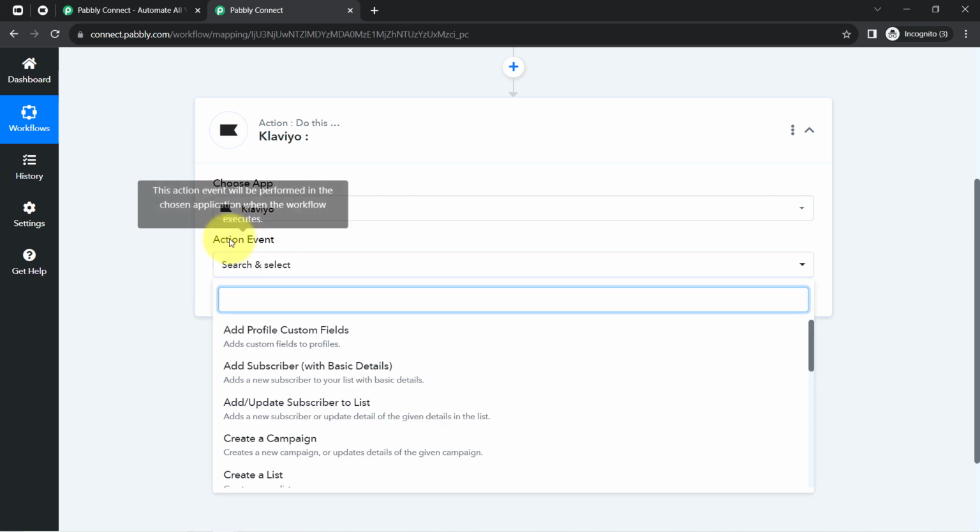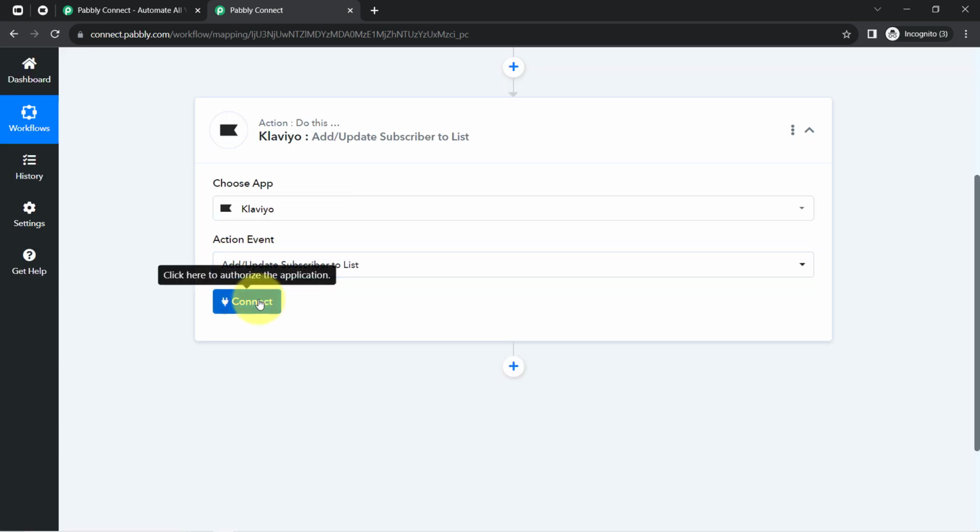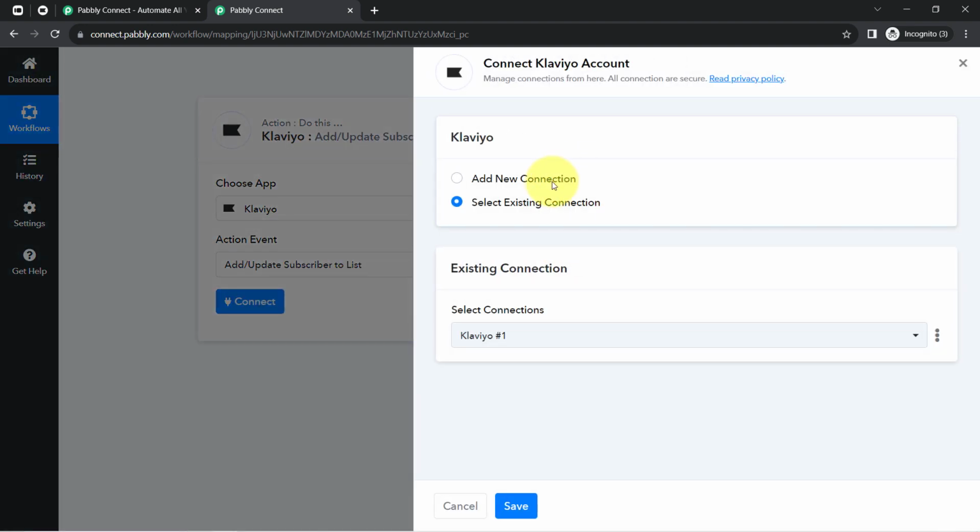Now I'll be selecting the action event, that is add subscriber with the basic details. Okay, so if you are collecting the basic details in Klaviyo, you can go with the same. If you are adding more details other than the first name, last name or phone number, you can go with this specific action event. Okay, so how about currently I go with this one only, clicking on connect, then clicking on add a new connection,